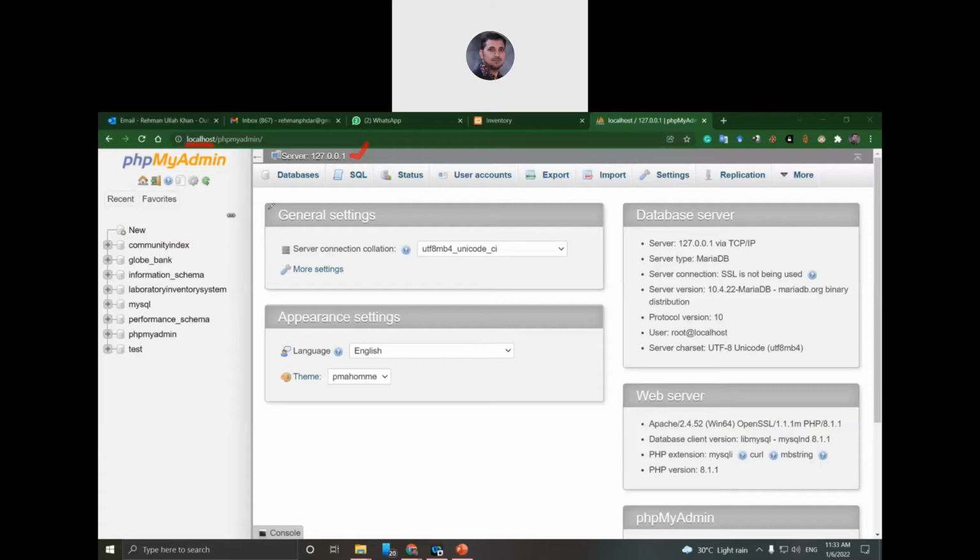And the domain name for a local computer, when we are developing software using our own computer and it is not available online yet, is called localhost. The IP address of this localhost is 127.0.0.1. It is a universal IP address assigned to localhost.